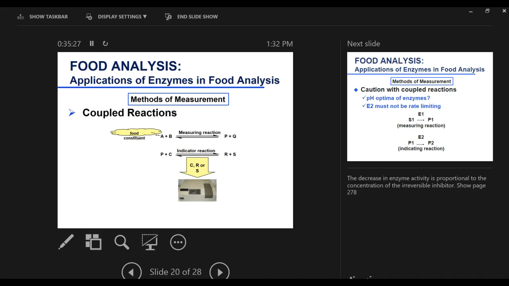We talked about coupled reactions last time. So oftentimes in analysis, we have coupled reactions. The first reaction is our measuring reaction or auxiliary reaction, where you